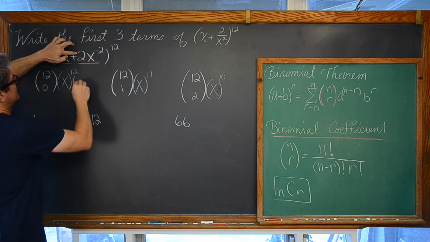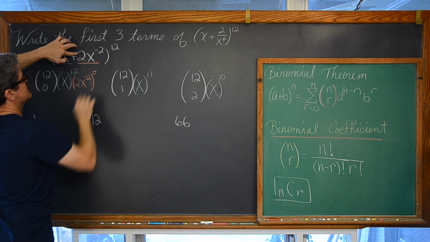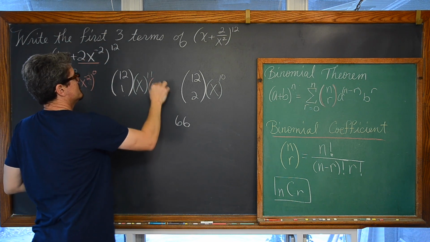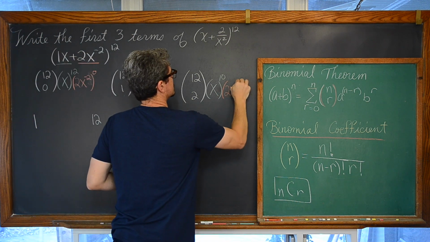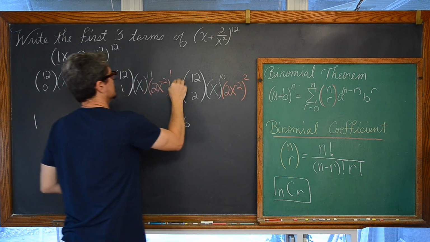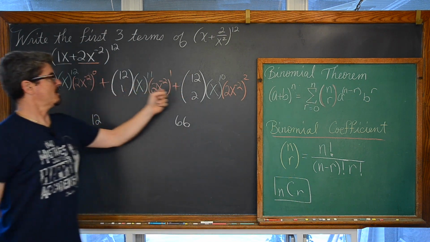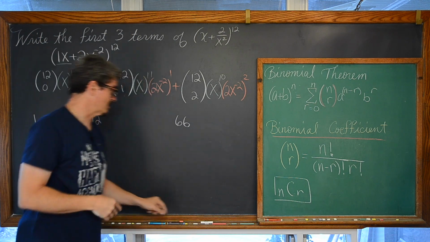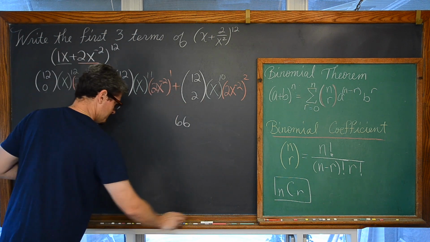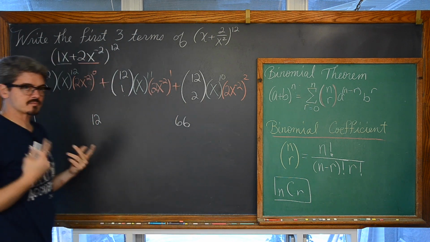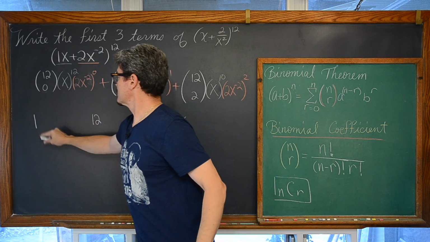But here we have 2x to the negative 2 raised to the 0, 2x to the negative 2 raised to the first, and 2x to the negative 2 raised to the second. And then here comes sigma to say add all these terms up, or at least the first 3 terms, after you let r equal 0, 1, and 2. Our final answer for the expansion of our first 3 terms then is going to be 1x to the 12th power